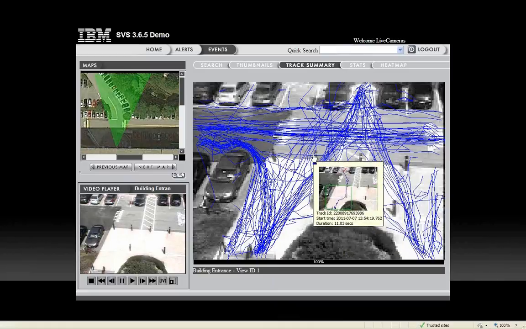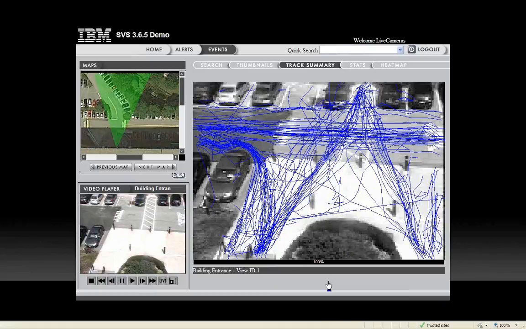So these are various ways that we can summarize the information that we've collected over time. This information is automatically collected. We've got a lot of information about everything that's moved through the scene, and now we can summarize it and try to collect it into ways that are useful to get